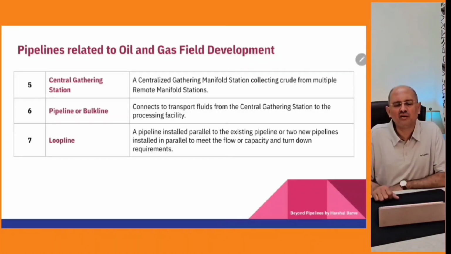And obviously it is going to carry a large inventory, and the line becomes very critical. Another very important concept is called the loop line, which is nothing but a bulk line or a pipeline. What it does is it's normally installed in parallel to the bulk line between the central gathering station and the main station. Why it